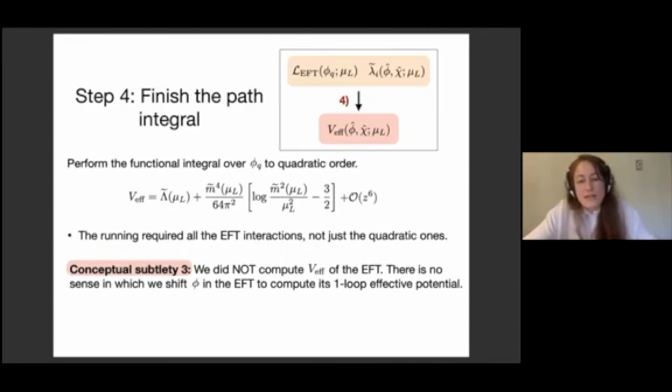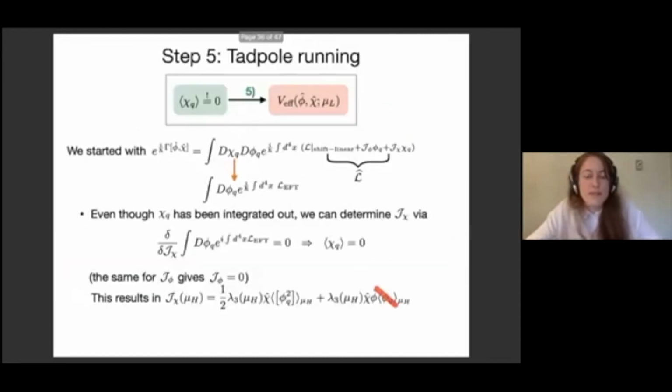So I think this confused us for a while at the start of this project, but the point is here we're using an EFT as a tool to compute the effective potential of the full theory in this power counting expansion, with taking into account that we've integrated out some heavy field. But this is not the same thing as computing the effective potential of the EFT we constructed. So I really want to emphasize that point. Okay,